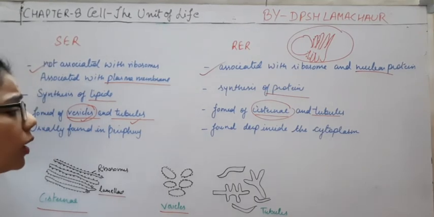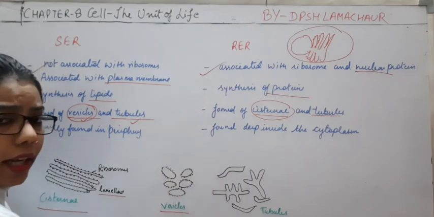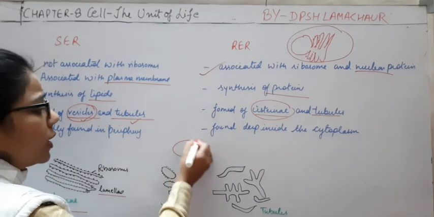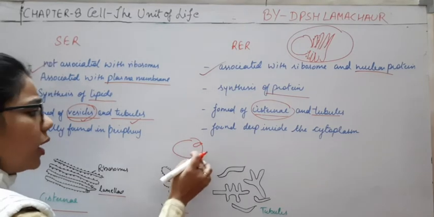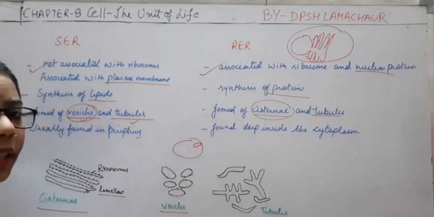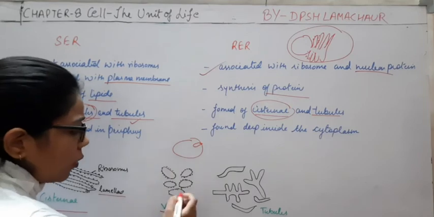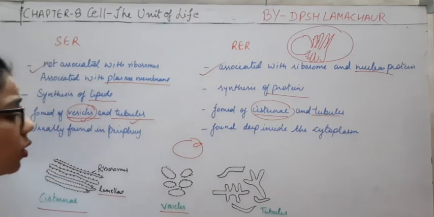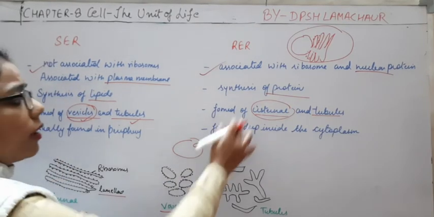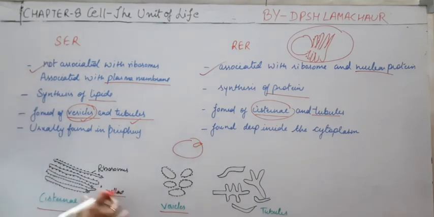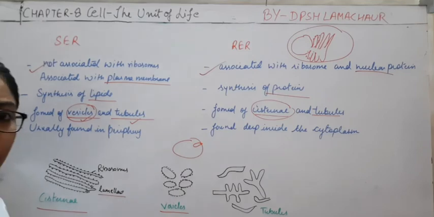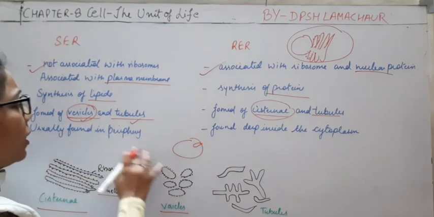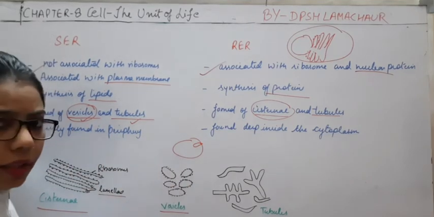Now if you see the vesicles, a vesicle is somehow an opening. Okay, as we know that in case of any endocytosis, what happens? The cell forms a vesicle. Okay, so these vesicles are what? These are having a lumen inside. So you can see here this vesicle structure is also present where? In the rough endoplasmic reticulum. So cisternae and vesicles. If you talk about the smooth endoplasmic reticulum, if we are drawing the vesicles, they don't have any ribosome.